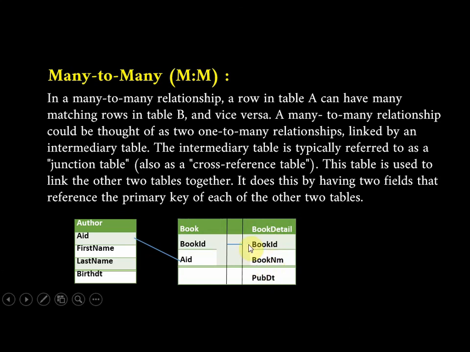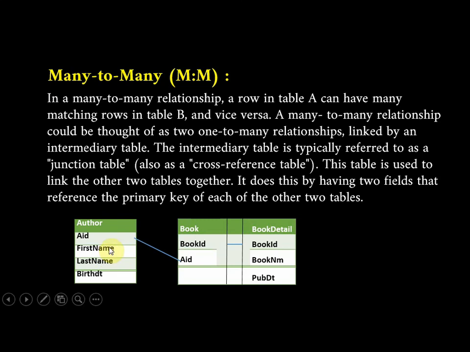So to join the second table and the third table, which is the common field? Book ID. The book ID is the common field in the second table and the third table, so we can create a relationship on this field. But in the first table, which is the common field? Author ID. So author ID is the common field between the author table and the book table, and we can create a relationship with them here.